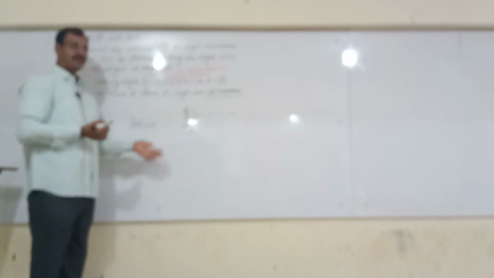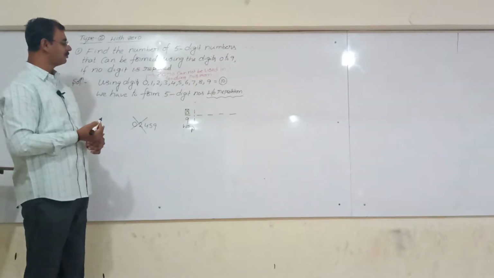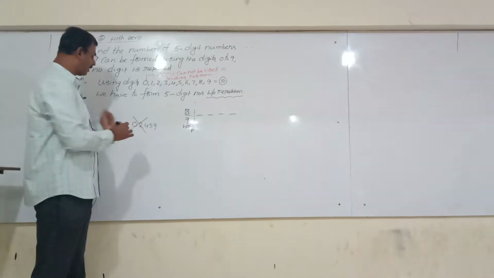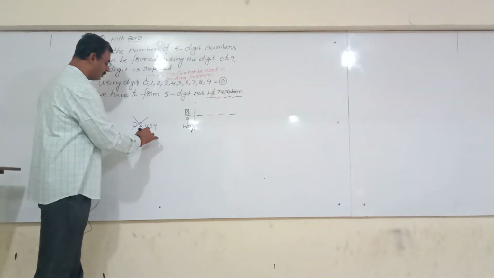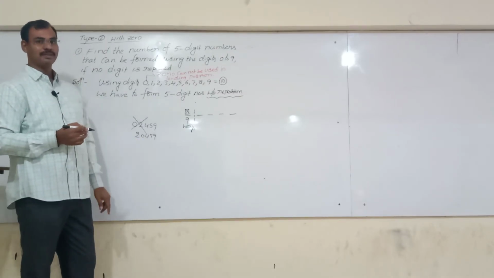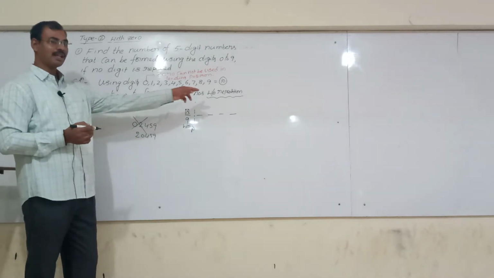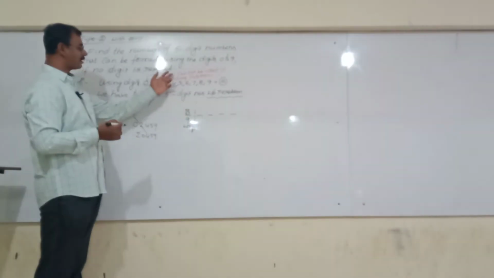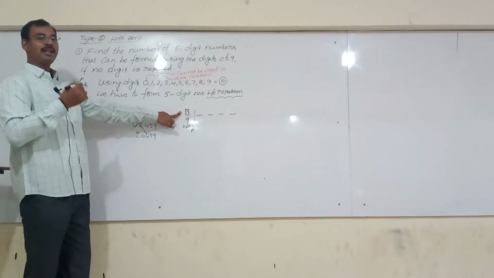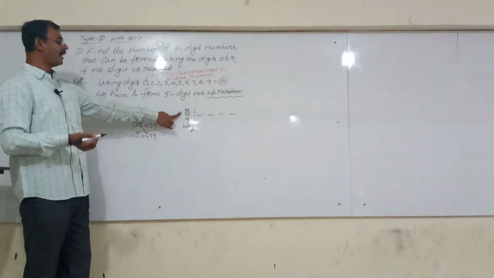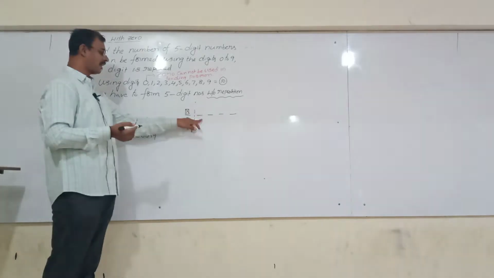Having satisfied this condition, now, is 0 allowed in this place? Yes. Why? Because 2, 0, 4, 5, 9 we can say is a 5-digit number. So 0 is allowed from the next position onward. Now one number has gone in the first position. How many numbers are left here? 9 numbers are left. Now, second place.